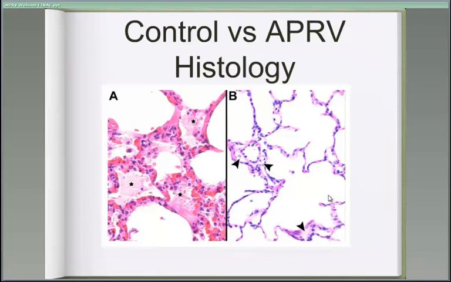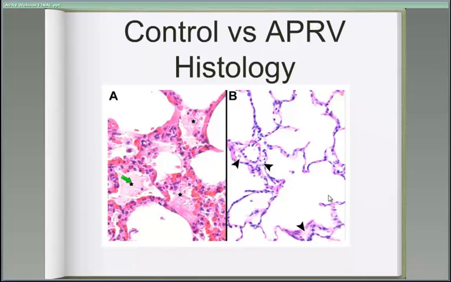Here's just a quick comparison of the histology. You can see the histology control versus APRV, relatively preserved architecture. You do see some increased edema or cuffing around the bronchus, which is around the blood vessel. You see perivascular edema, which appears to be occurring from all the resuscitation, but the distal air spaces in APRV seem to be preserved. In other words, they're one layer thick, and they don't have nearly the infiltration and the thickness that you would tend to see with